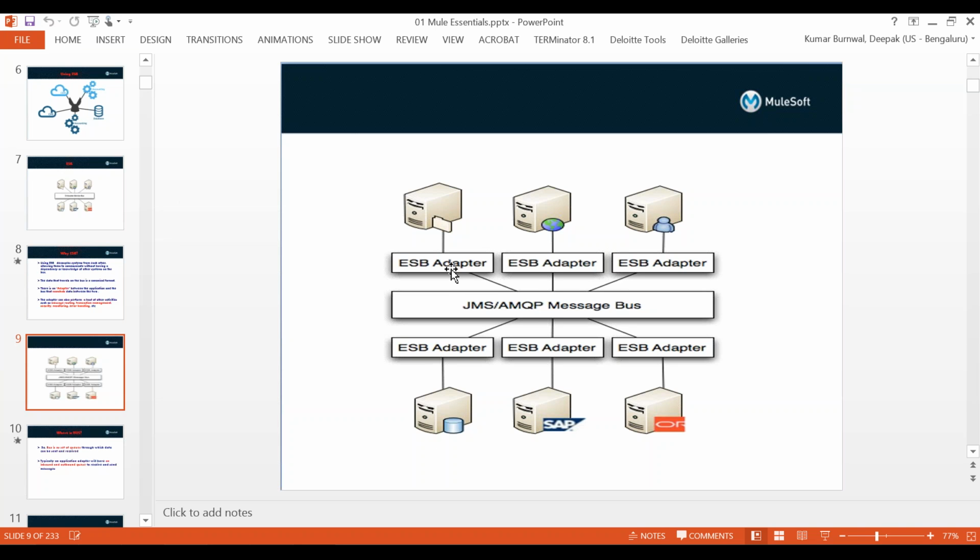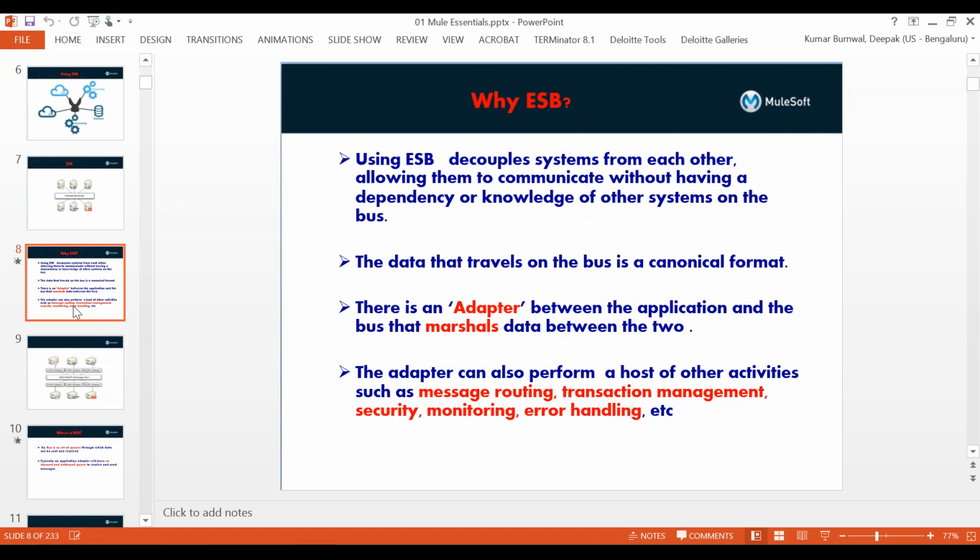Basically, each of the systems will talk to the bus. This complete block, all of this block is one Mule ESB application. For each of these systems, they will have an ESB adapter, which basically just means a code, a small Mule application or integration. So this is saying the adapter, along with carrying the data,